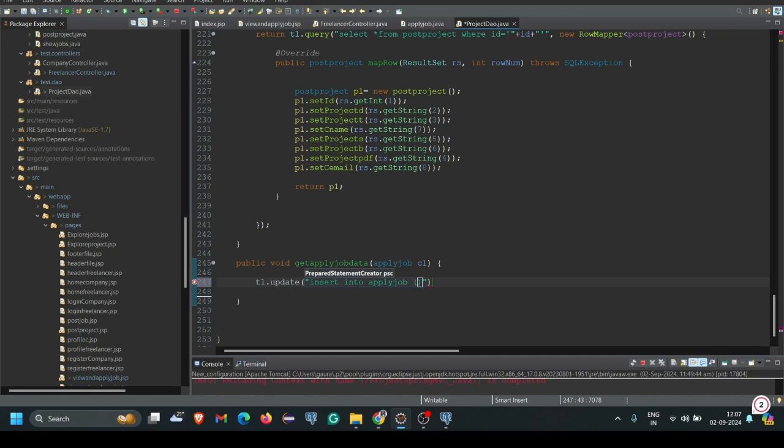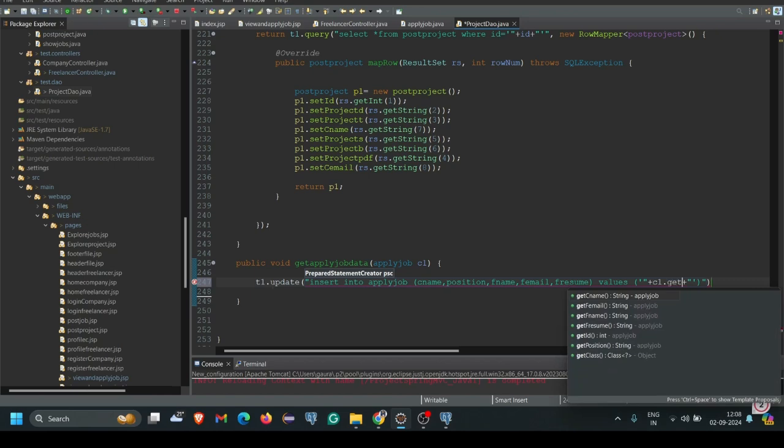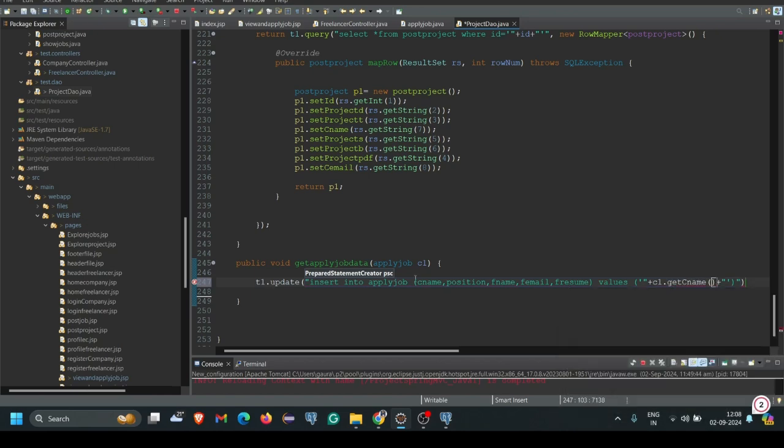I have to simply write the values, that is the C name, position, then F name, then F email, then F resume. I have to write the values because these are all values, and those values we have to pass in these brackets. So single colon, double colon, plus plus, c1.getCname, then comma,